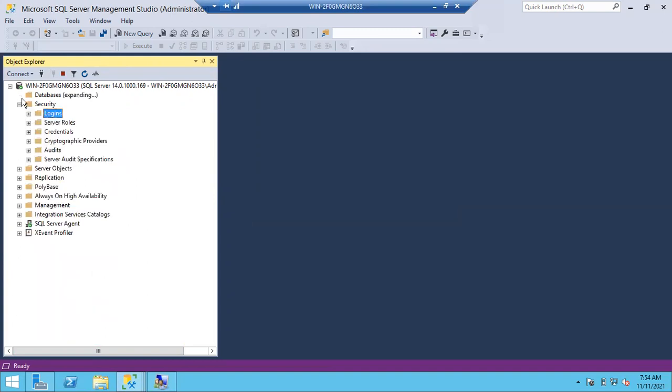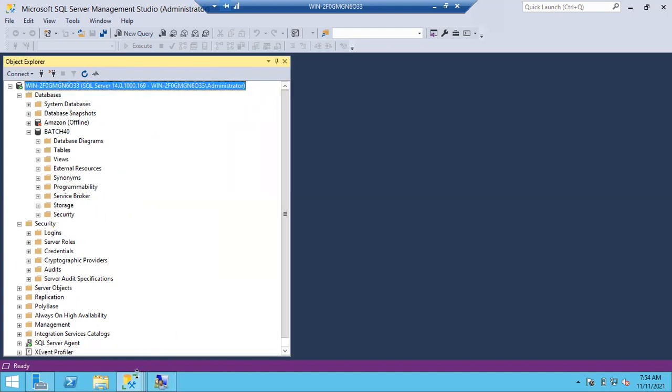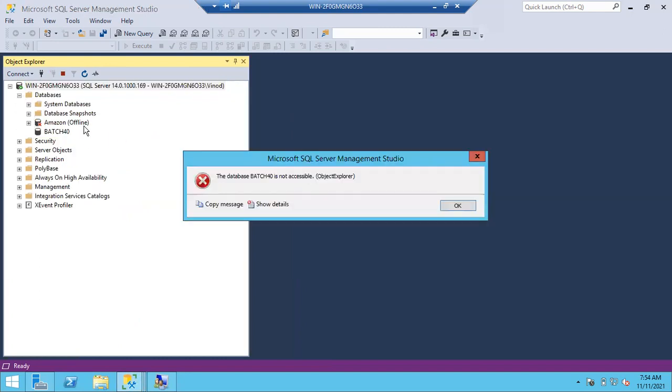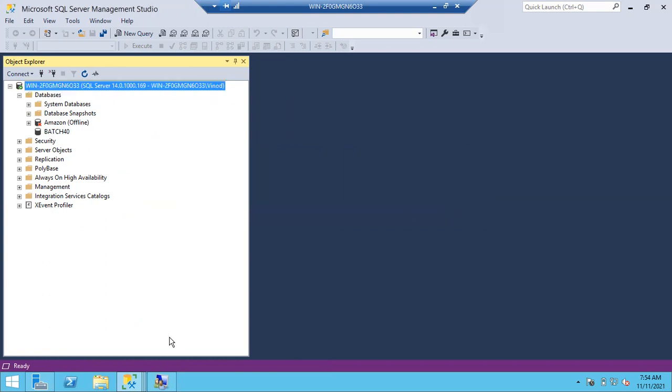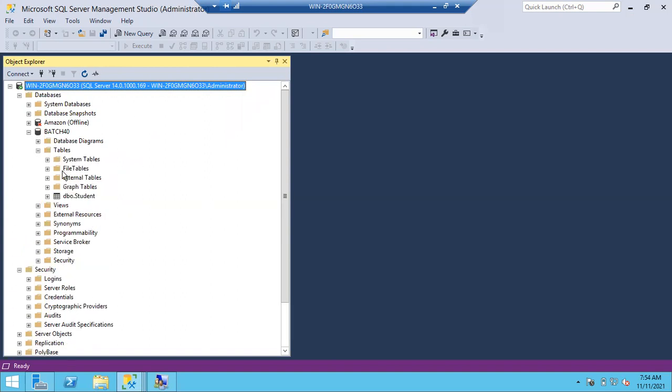Okay. Vinod wants to access data. He cannot access. He cannot expand anything. This is like administrator, right? So that's why you can see here, this is administrator. Go to Vinod connection. So if Vinod wants to expand any database, or see any tables, he cannot access. He is not allowed to access the database. See here, I am getting the error. Vinod is getting the error. If you see here, administrator has full rights. I can access and I can see the tables and all.